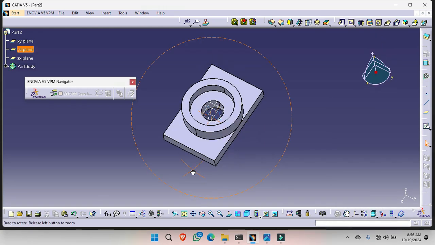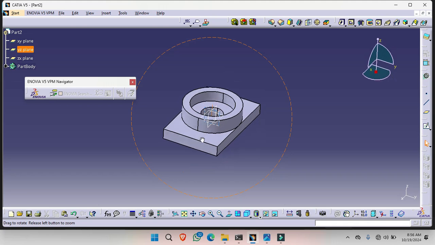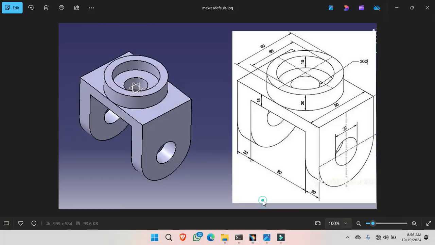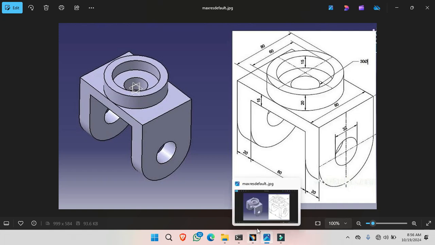So this hole is given. Now we will create the wall. This wall is 80 mm and the height is 60 mm.